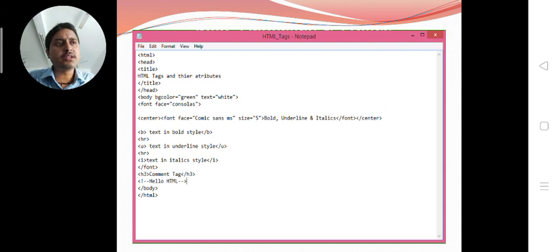It is quite possible that they may forget what is the use of this code, and it is quite possible for you also, you may forget why you have written this code here and why in this manner after some time. So this comment will help you. Whenever you open this file, you will be able to recall, oh, I have written this code for this purpose. At that time comment is helpful for you.